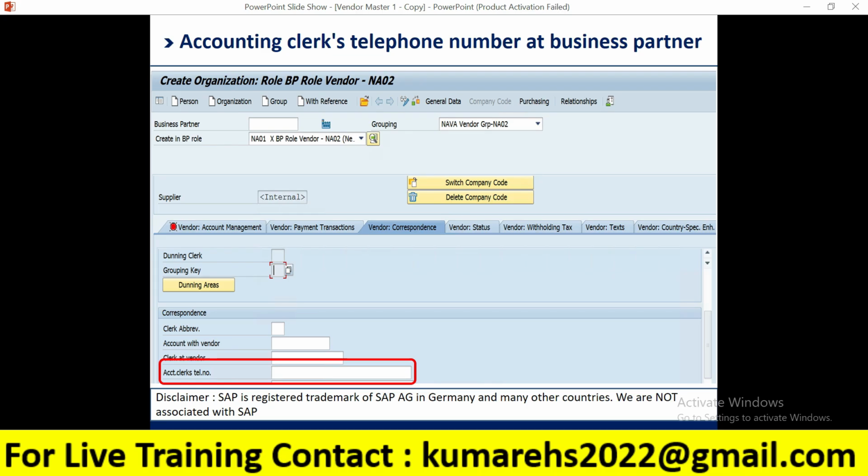The purpose: helps your internal team quickly contact the responsible clerk at the business partner for finance related matters such as invoice clarifications, payment status inquiries, dispute resolution, missing document follow-ups, and speed up communication and avoid delays in the payment processing. So where it is used: appears in vendor customer master data under the vendor correspondence details. Can also show on reports, dunning notices, payment advice, and invoice printouts depending upon the